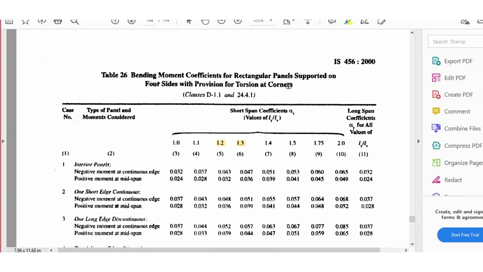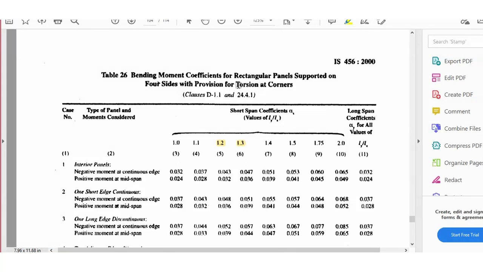So suppose for a simply supported slab, or the slab which is supported on wall, you are not allowing the corners to lift. It means there is going to be some torsion applied at the corner. Now, in order to make it restrained, you provide torsion reinforcement.